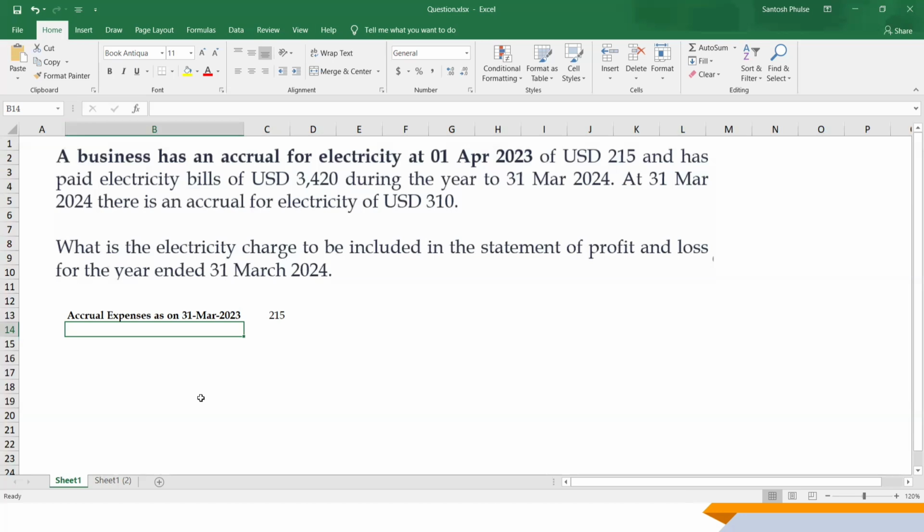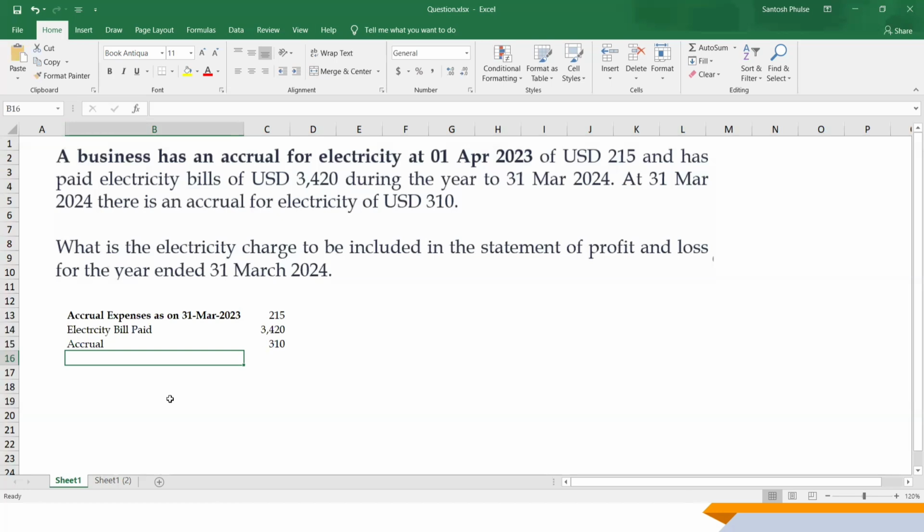So now this accrual expense pertains to the previous year. Second, has paid electricity bill. So during the year, the electricity bill paid is a total of 3,420. And as on 31st March, again, we have created the accrual for 310, and that pertains to the financial year 23-24. Now, what is the electricity charge to be included in the statement of profit and loss for the year